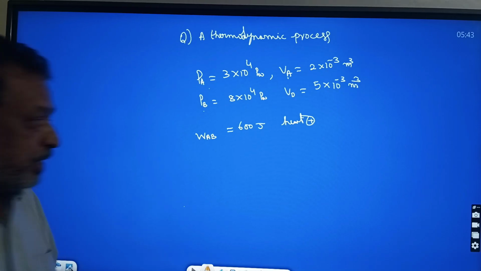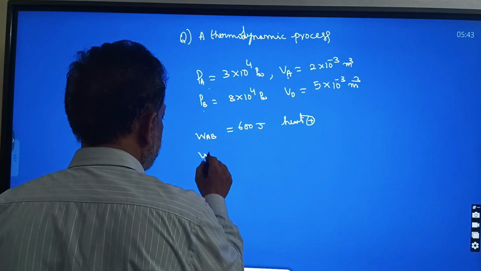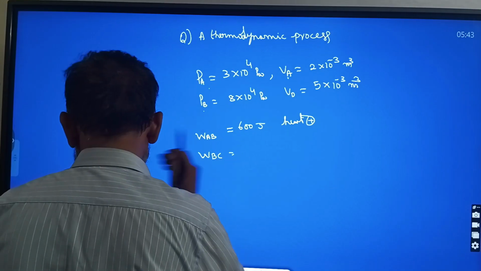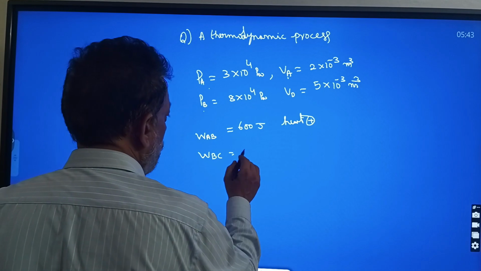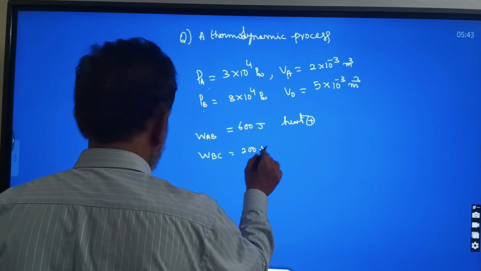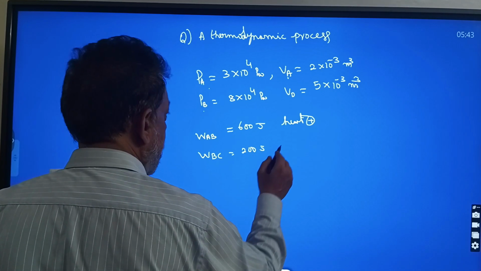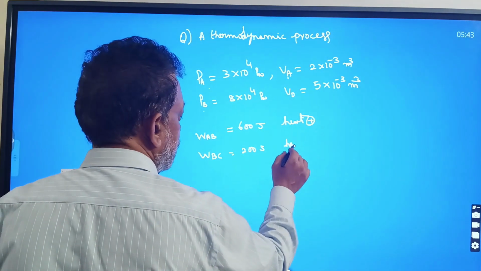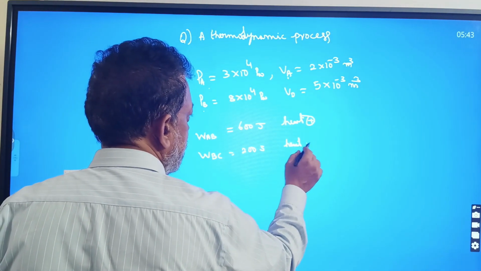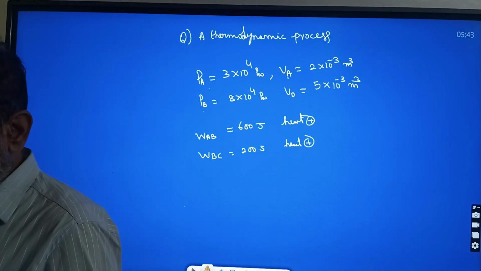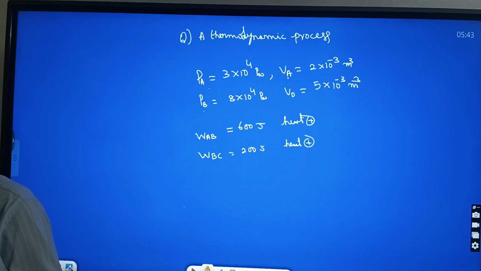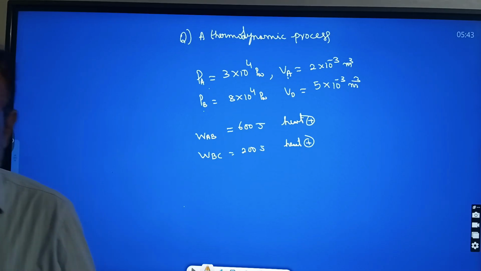And in process BC, 200 joule of heat is added. The change in internal energy of the system